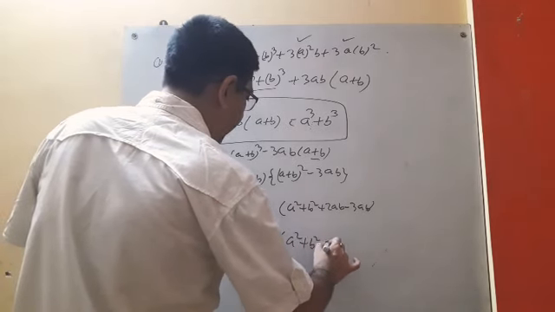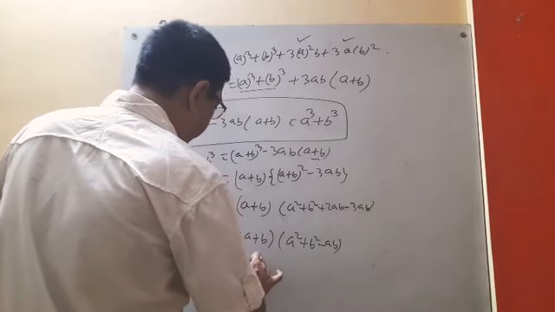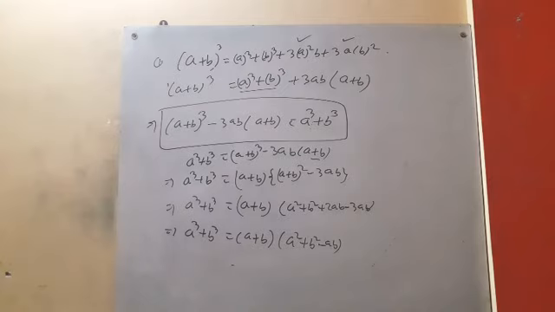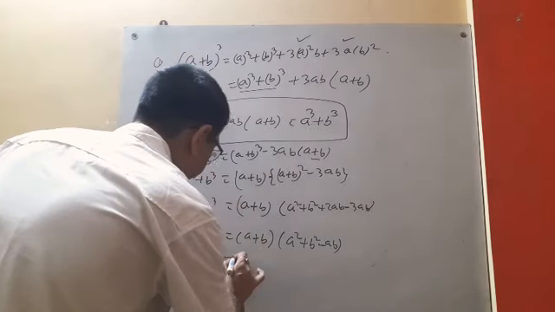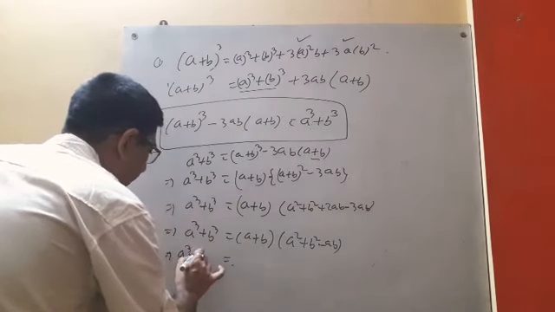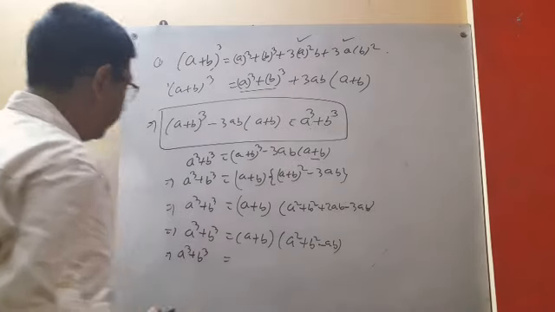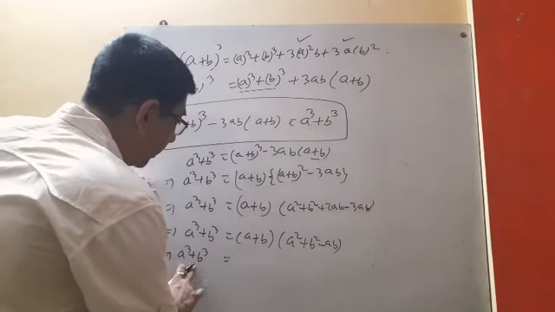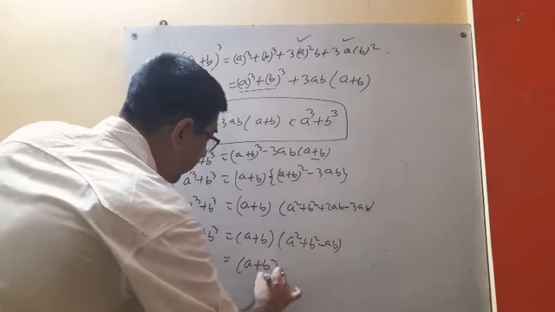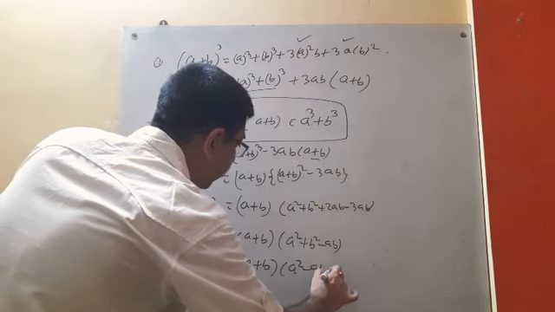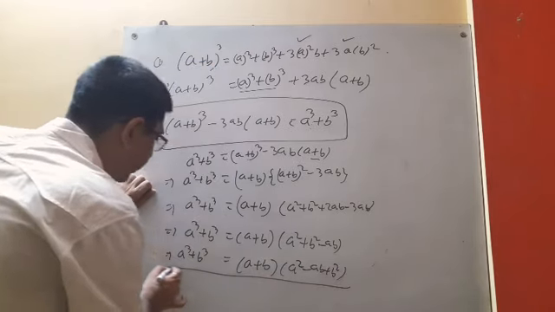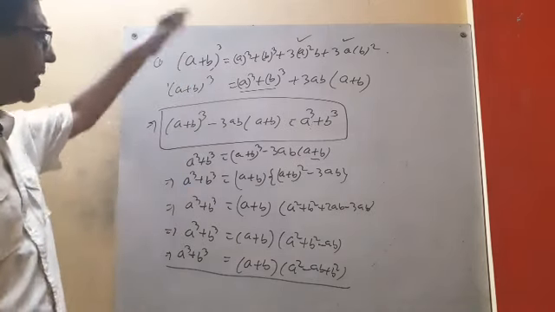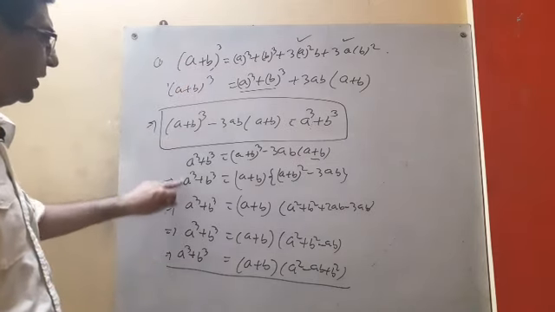square minus ab. I think you cannot see the board. No, it's okay. I am writing here a cube plus b cube. If anyone doesn't see, just hear what I am telling you. A cube plus b cube equal to a plus b into a square minus ab plus b square, because that is given in the book in this form. So look, from this formula we can get so many things. This one we can get, this one we can get, this one we can get.